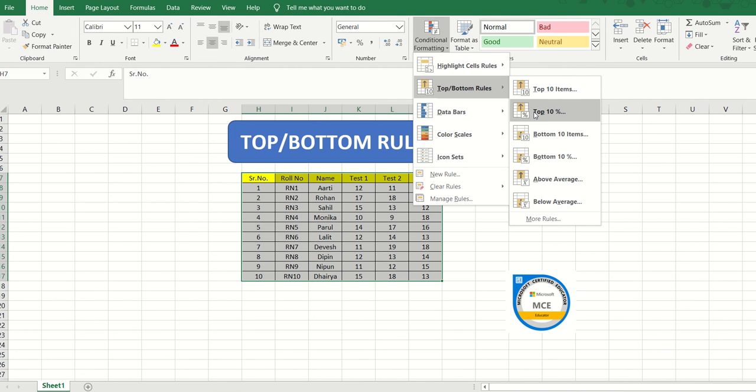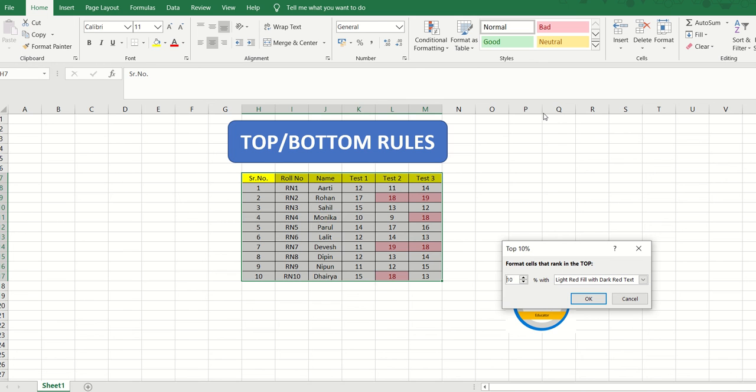Now again, if the data set which is available with you in the Excel sheet is huge, it is very difficult to calculate manually what is the top 10% of the entire data set. So I can quickly select this top 10%. It is automatically going to format my data in a different color, whichever I need. So I can select that in these 10 entries that I have, which is the top 10%. Okay, so I can even increase it or decrease it depending upon the data. It's totally up to you what exactly you want to do.